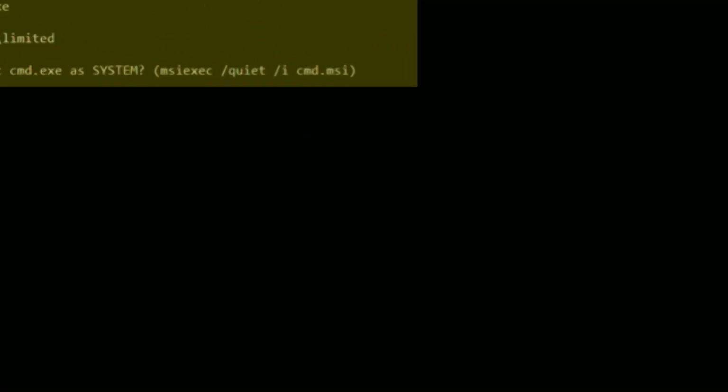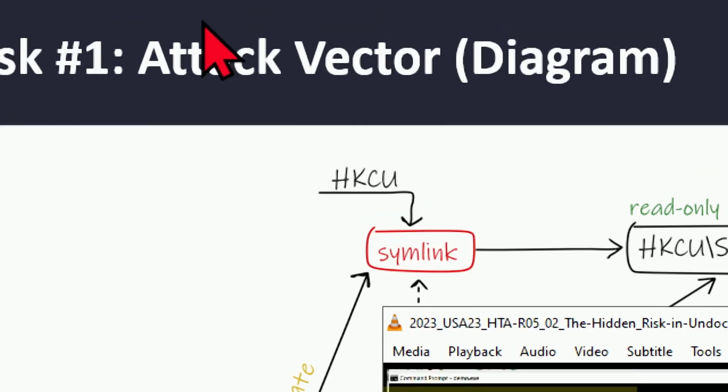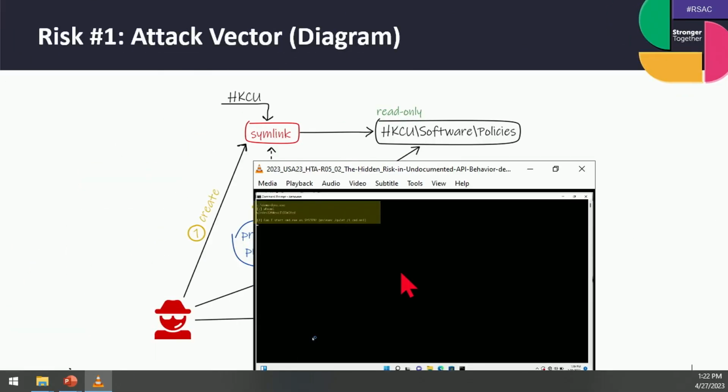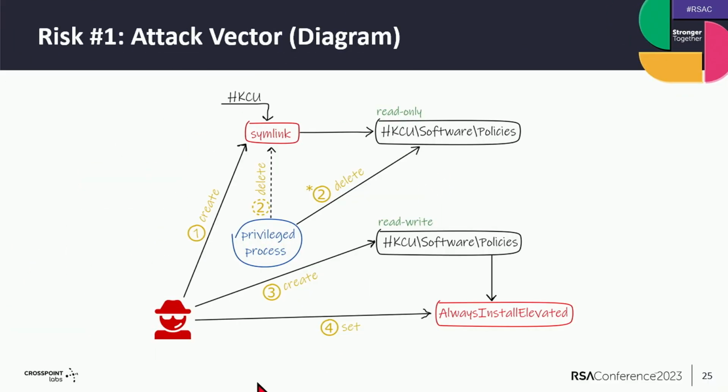So the first thing that my tool does is it runs an MSI installer just to verify that it's running as a standard user without the elevated system privileges, as you would expect on a default installation. And this MSI installer, all it does is it just executes cmd.exe.